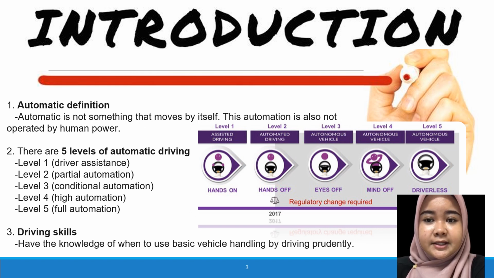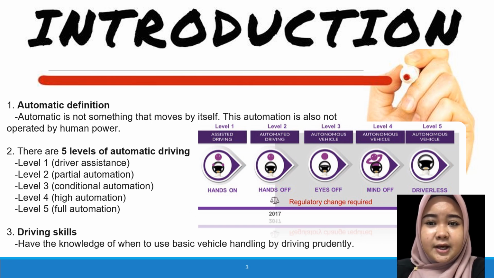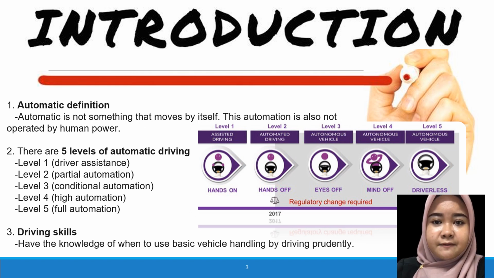of anyone. The driving mode specific instruction by a driver assistant system of either steering or deceleration using information about the driving environment and with the expectation that the human driver perform all remaining aspects of the dynamic driving task. The driving mode specific execution by one or more driver assistant systems of both steering and acceleration using information about the driving environment and with the expectation that the human driver perform all remaining aspects of the dynamic driving task. The driving mode specific performance by an automated driving system of all aspects of the dynamic driving task with the expectation that the human driver could respond appropriately